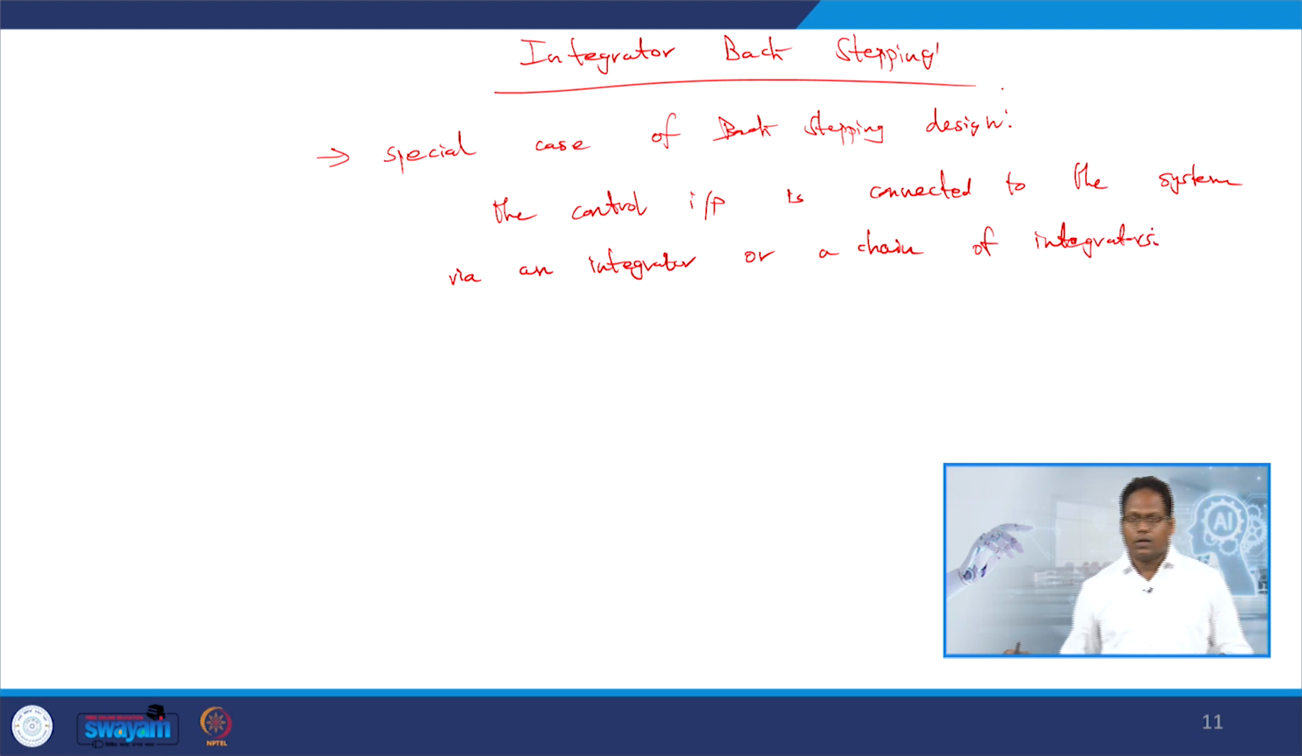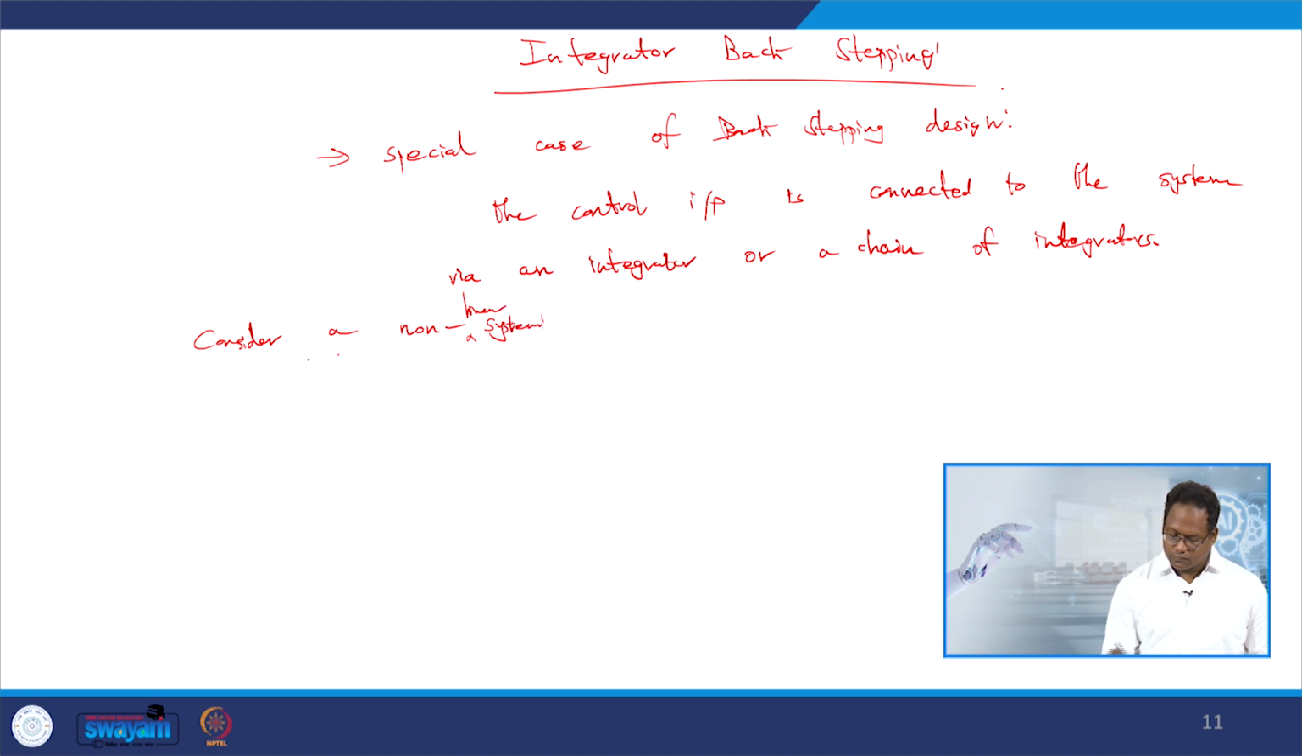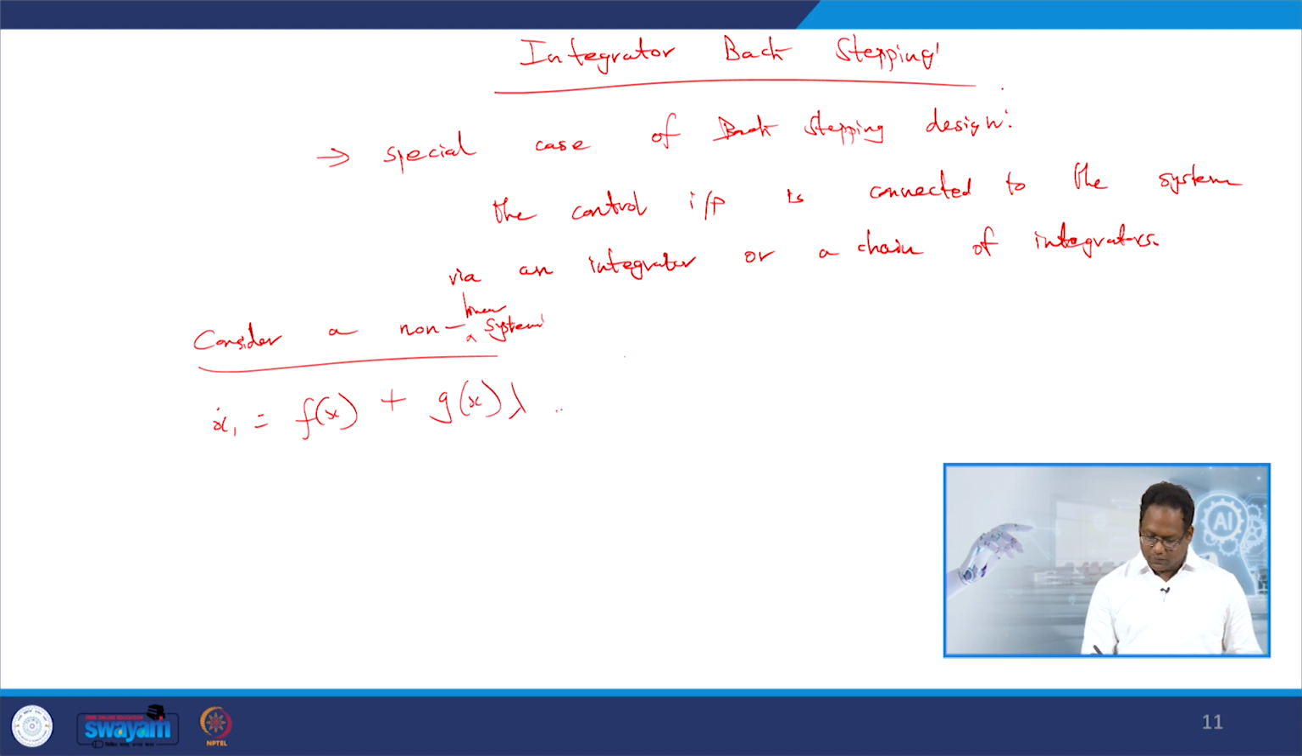Again I repeat, integrated backstepping is a special case of backstepping controller design, in which the control input is connected to the system via an integrator or a chain of integrators. Let us consider a nonlinear system given by x1 dot equal to f of x plus g of x into lambda, where f of 0 equal to 0, and lambda dot equal to u,